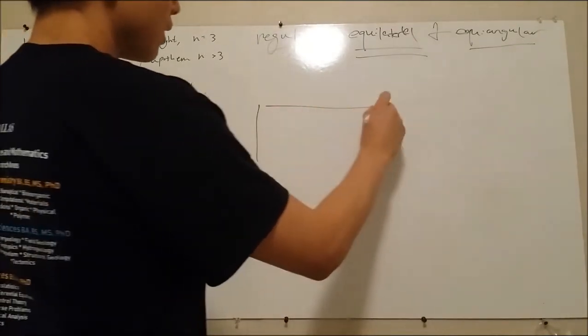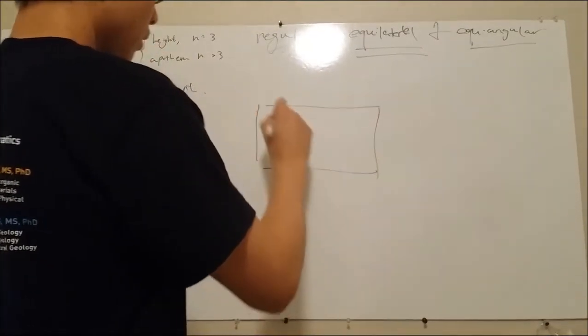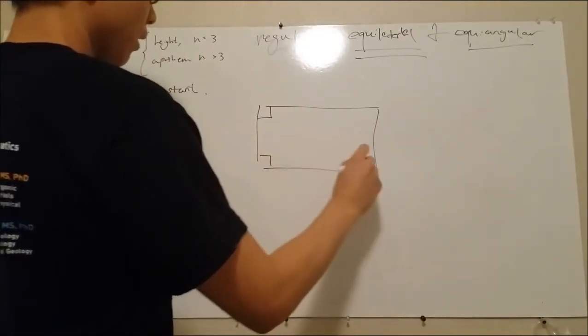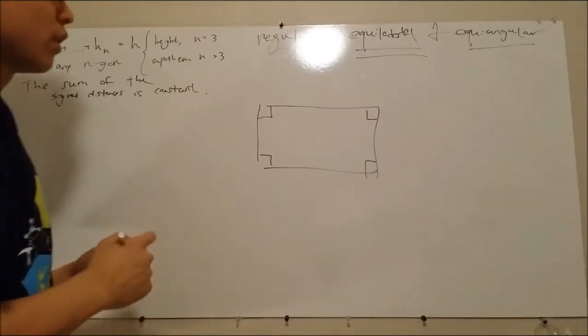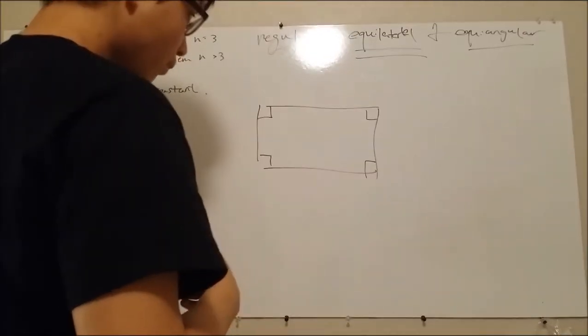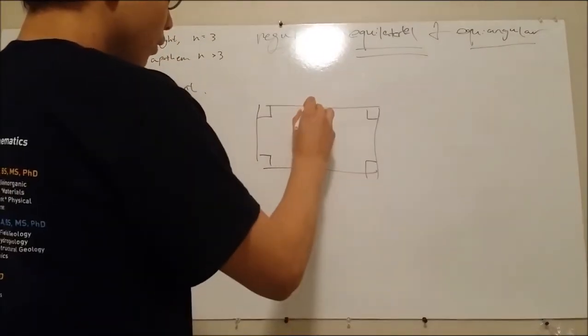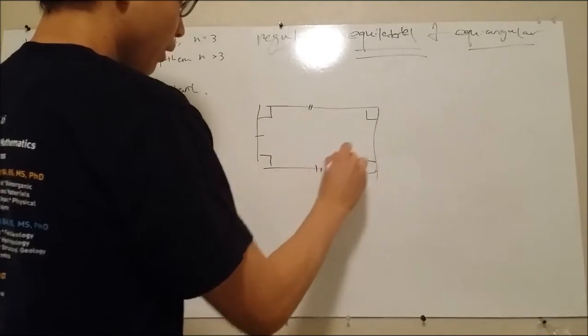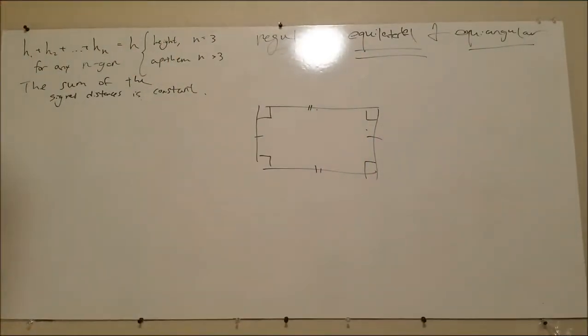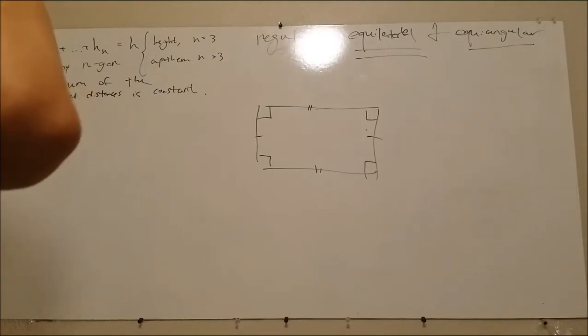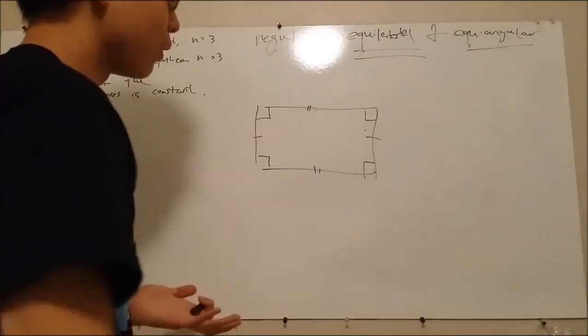So the simplest example of such a polygon is the rectangle, which is the equiangular four-gon. Okay. Now, these two sides are not necessarily equal, right? Meaning that our previous method of proof,